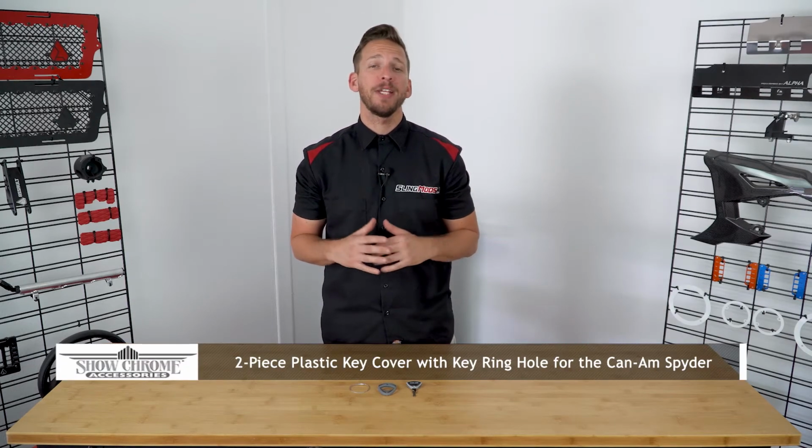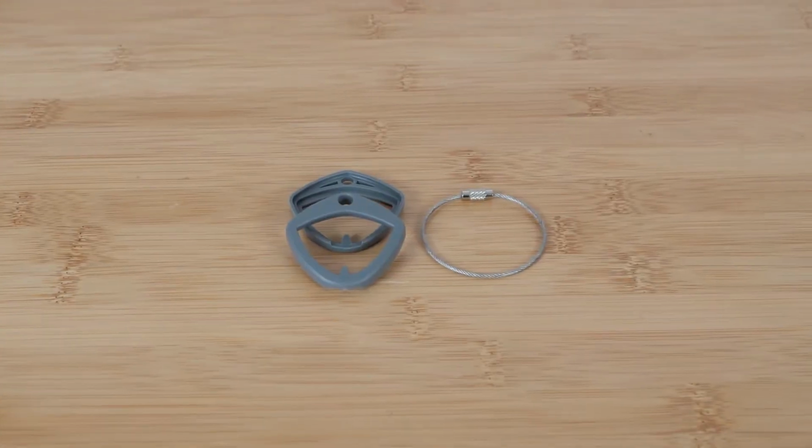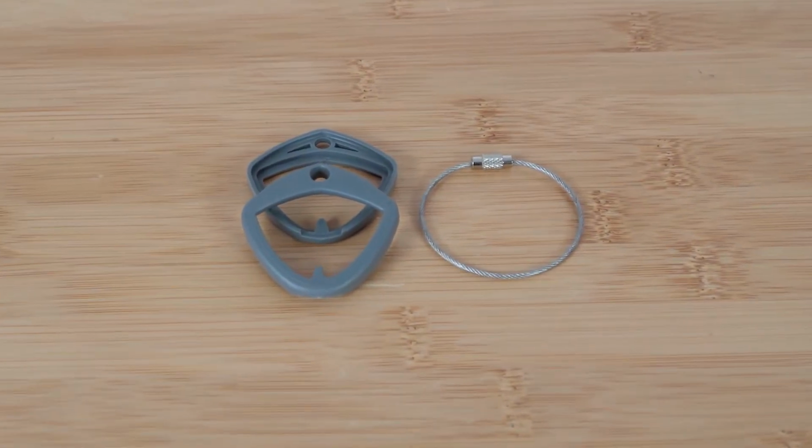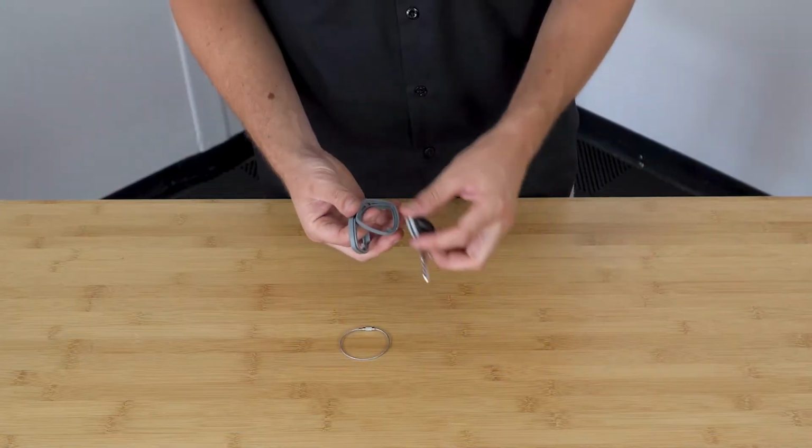If you're like us, you probably find it rather annoying that the factory Can-Am Spyder key doesn't have a key ring hole. This makes these expensive keys rather easy to lose or misplace. So we partnered up with Chrome Accessories to bring you a very simple and cost-effective solution to this problem. This two-piece plastic clamshell cover simply snaps around your factory Spyder key